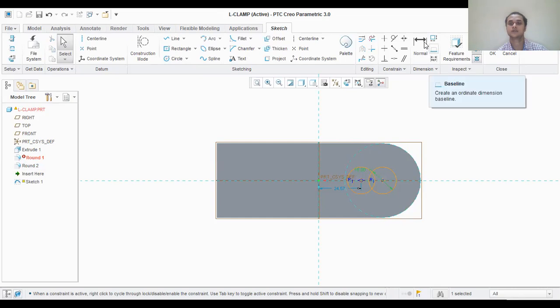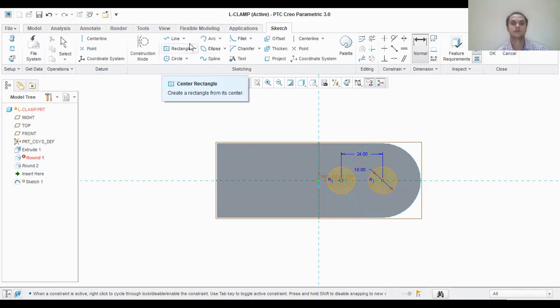I don't want this, so I'll click on normal. Normal creates a dimension that references a sketch or reference entity. I click the normal, just like I define these two points, this point and this point. I'll move away and I'll click my scroll button. You have a scroll button on the mouse, just click the scroll button so that this distance will be generated. Type it as 24 so that it is at a distance of 24.